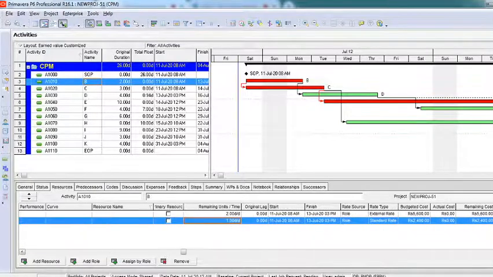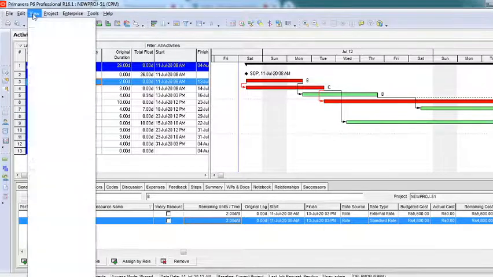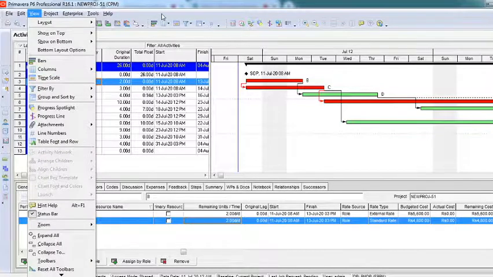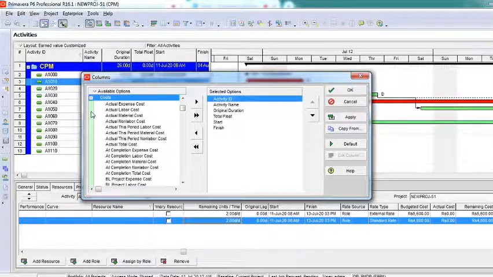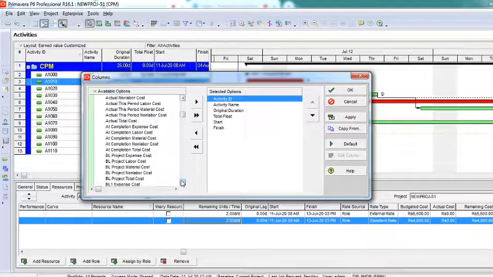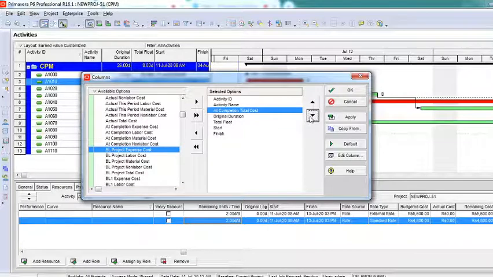Now it's by default 1, and it is taking the standard rate, and it is telling you it's 2400, 1200 rupees per day. So 2 days, 2400. Right? If I change this to 2, this becomes 4800. Just to show you how it is summing up, I'll bring a column. You can see this is the shortcut for the column. You'll find it here on the top, or else you'll find it in the view. I'll just go to the cost. I'll add at completion total cost, just to show you how it is summing up.